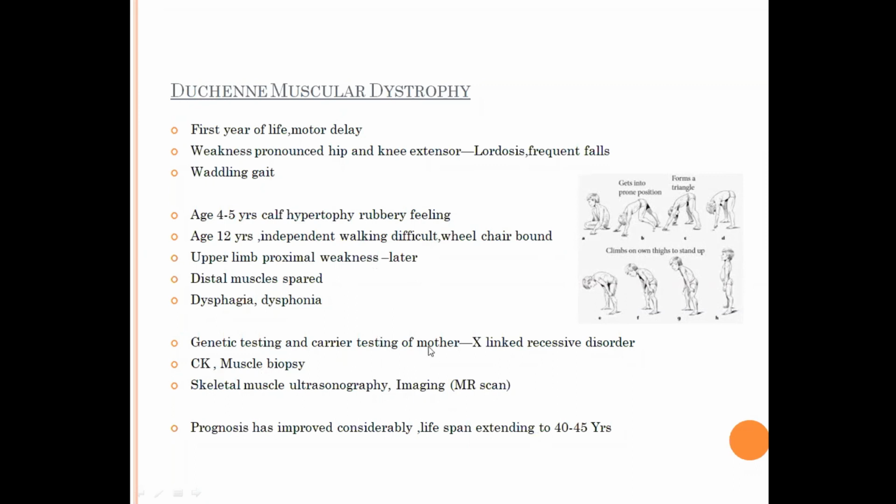Genetic testing is very important. Now it has replaced the muscle biopsy. If you find in the genetic testing there is an absence of dystrophin, then you have made a definite diagnosis of DMD without asking for a biopsy. But of course, before you ask for genetic testing, the CK levels must be high, the EMG must tell us about a muscle disease, and then you do the genetic testing.